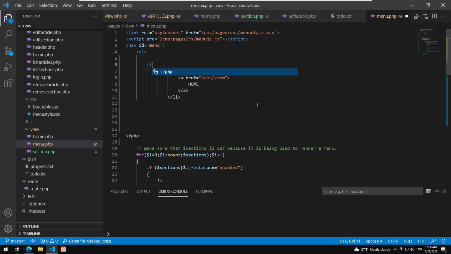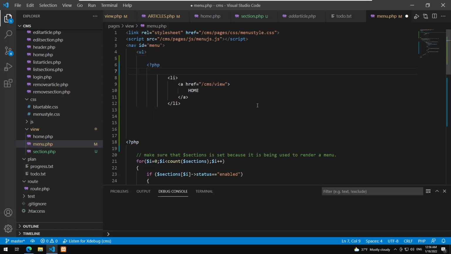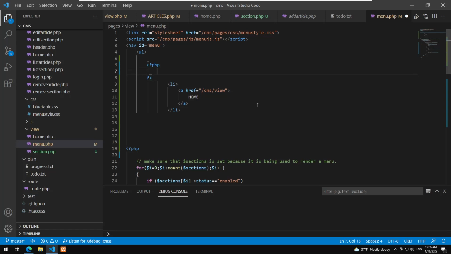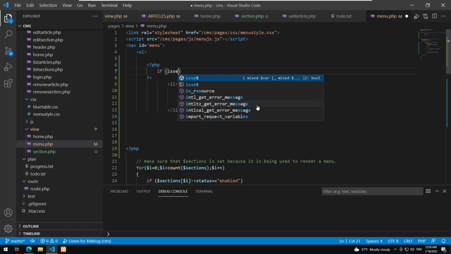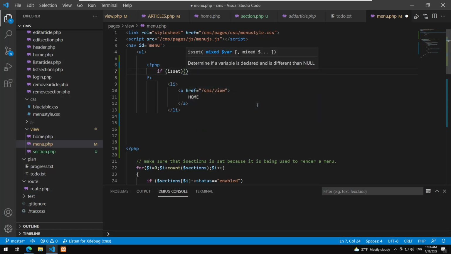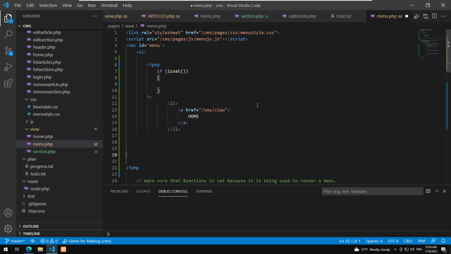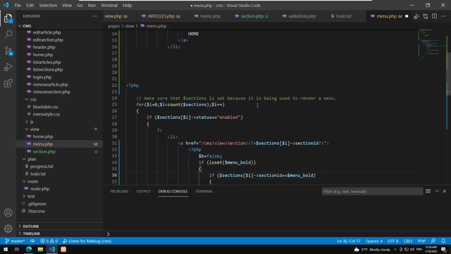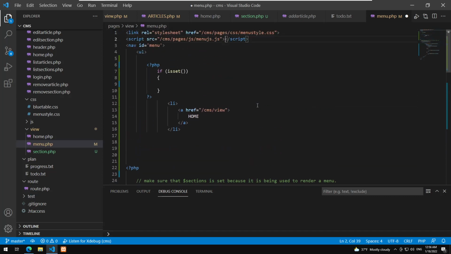So PHP, if is set, and what was the variable name? Menu bold. So if it is set menu bold,